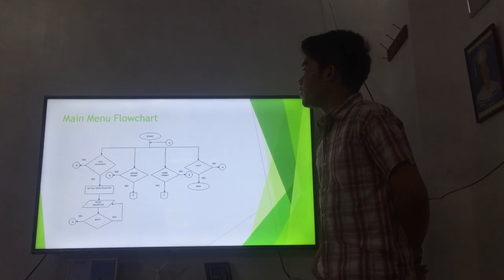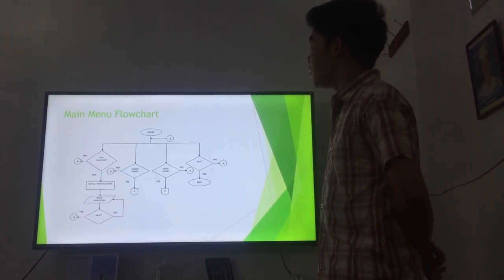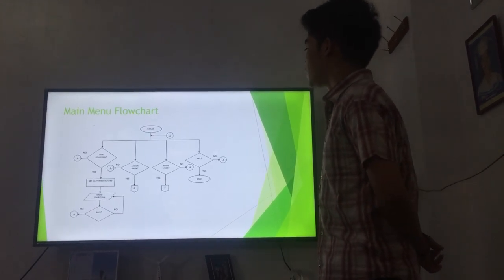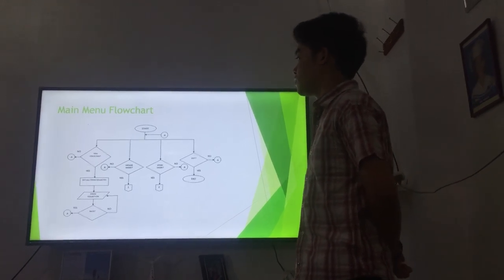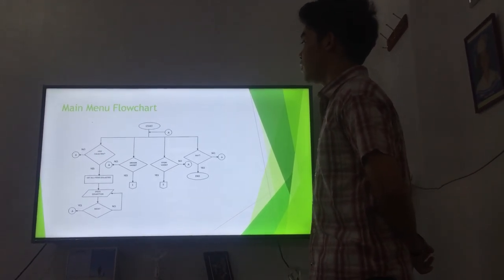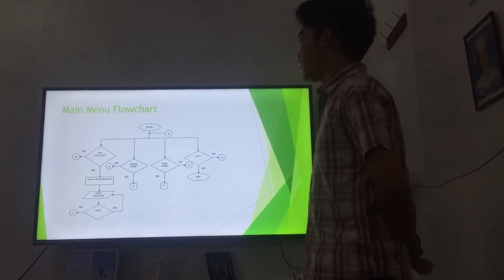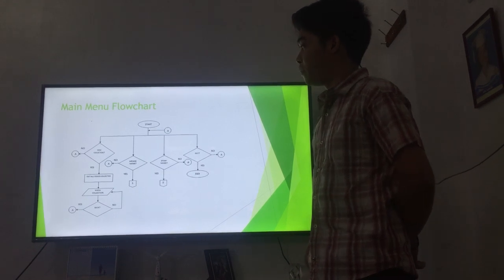This diagram shows the main menu flowchart. The main menu flowchart contains the collection, the arcade mode and story mode, and the exit. If the player wants to view all the collections, he can tap on the collection and the game will get all the collected items and show them to the player.